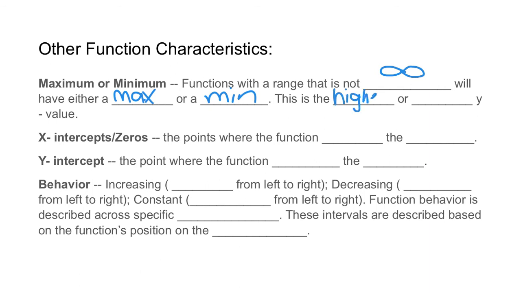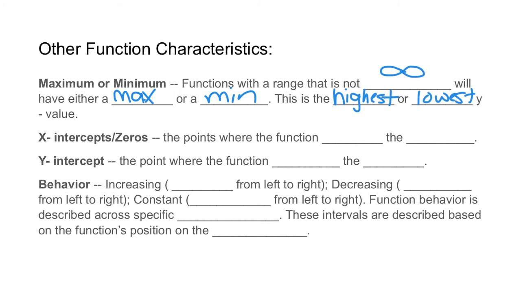Now, if you have multiple points that are highest or lowest, then you don't call that a maximum or a minimum. But if there's one single point that is the highest or one single point that's the lowest, and you usually see that in those U-shaped graphs, those parabola-shaped graphs, where there might be a high point or a low point on that, then those are the ones that you're going to see a maximum or a minimum. So if you're asked a question about that, that's what they're looking for, that highest point or that lowest point